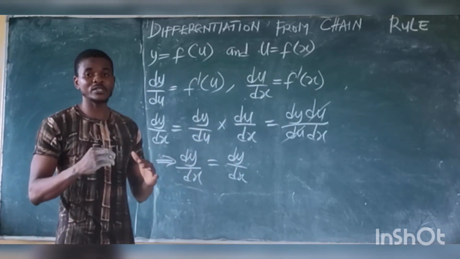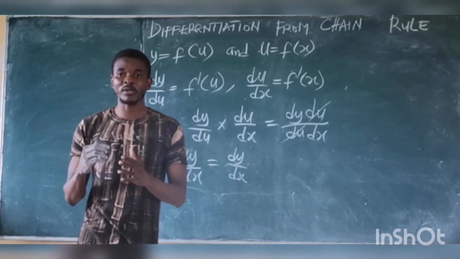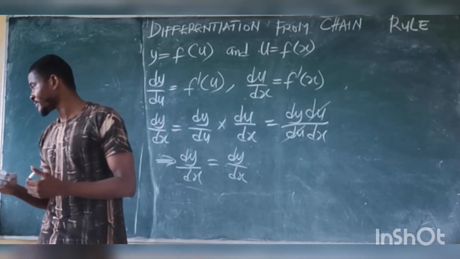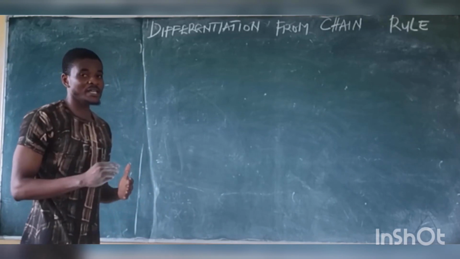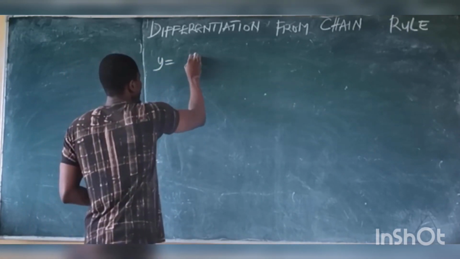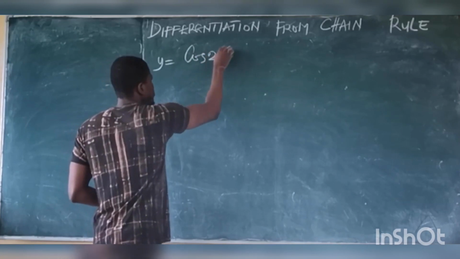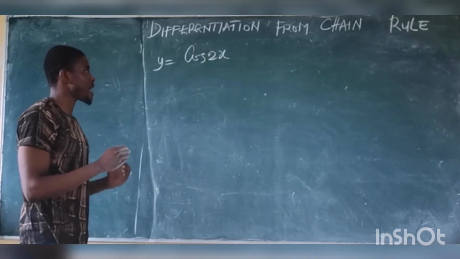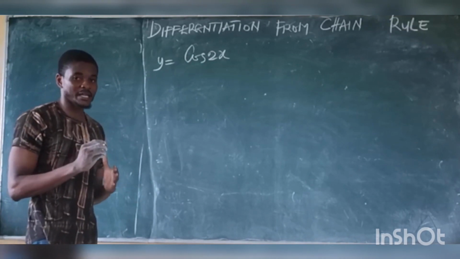So we are going to apply this rule now and solve problems. Let's try a first example and see what it's all about. Okay, so let's say we have y equal to cos 2x. So if y is equal to cos 2x and I'm asked to find dy dx, now this is